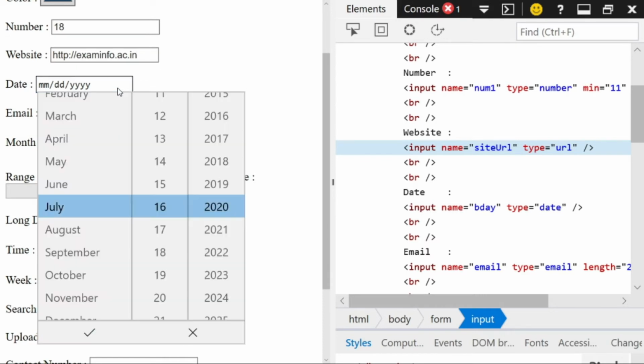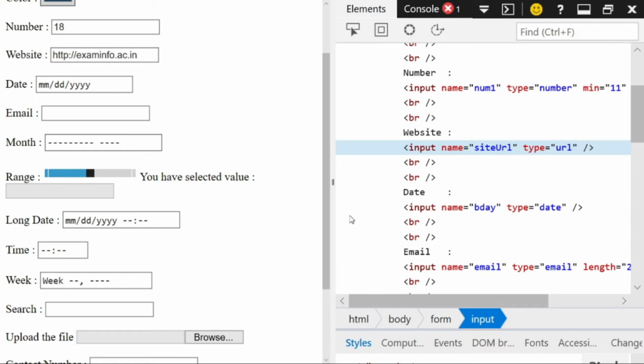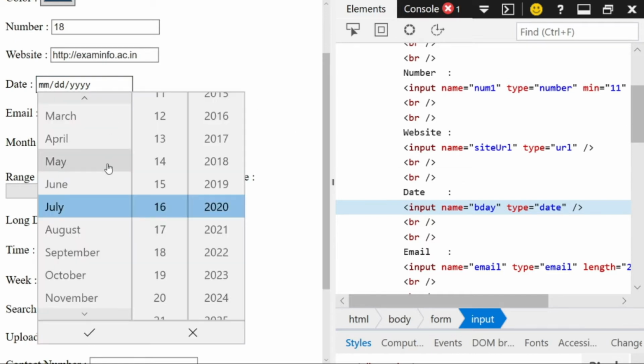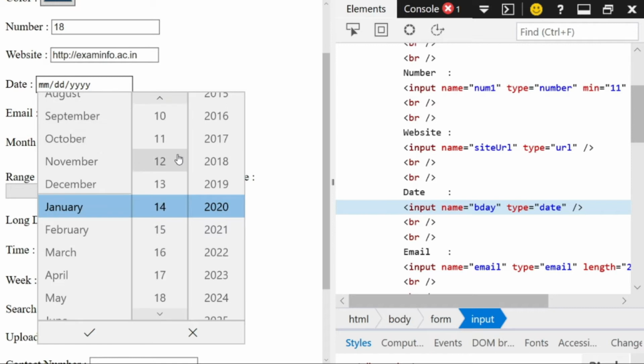Now the next type is the selection of the date. This input type can be created by using input type equal to date. Now this is basically a list of values of month, day and year. So we can select a date of our choice.